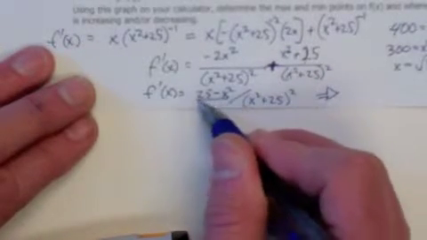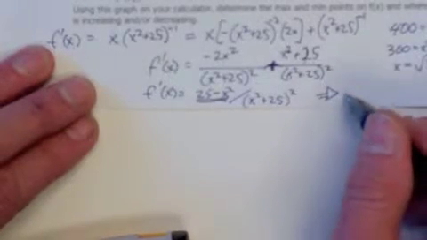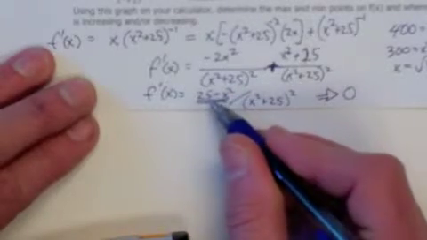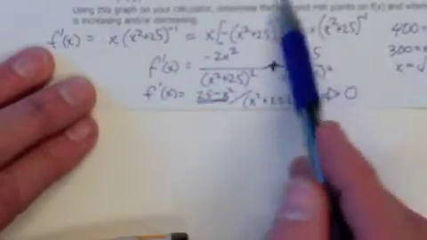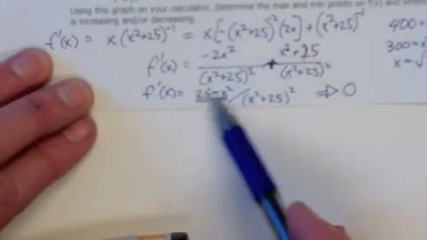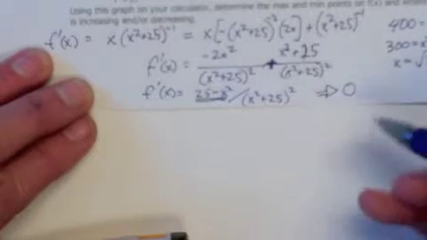So this is the all-important numerator, because I'm really wondering, when is this equal to 0? And this is equal to 0 when x is plus or minus 5. So to answer this question, using the graph in the calculator, actually I'm using calculus here, determine the max and minimum points of this original function. Well, that's going to happen